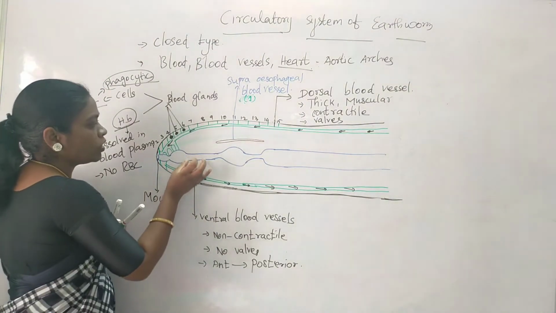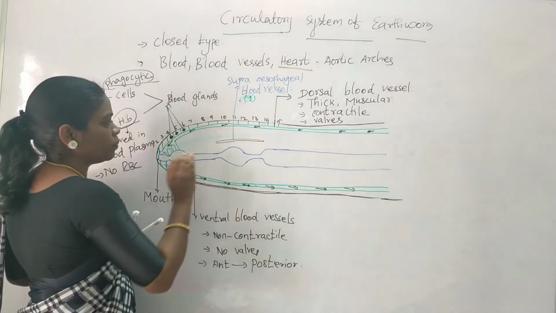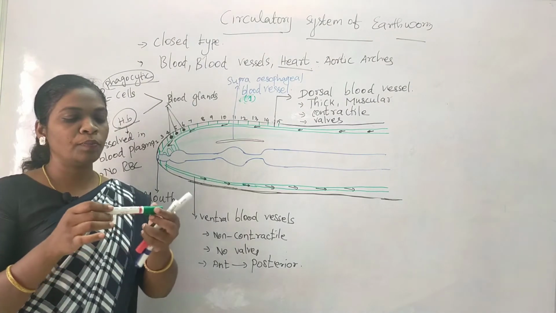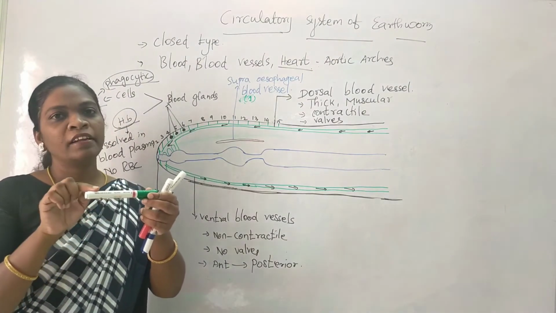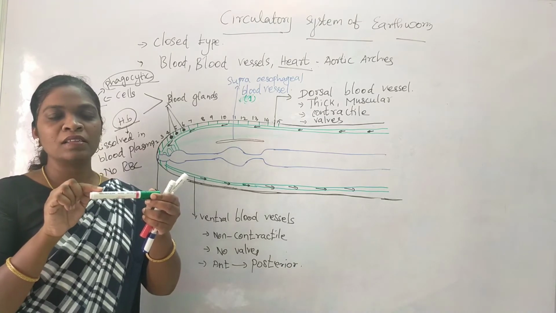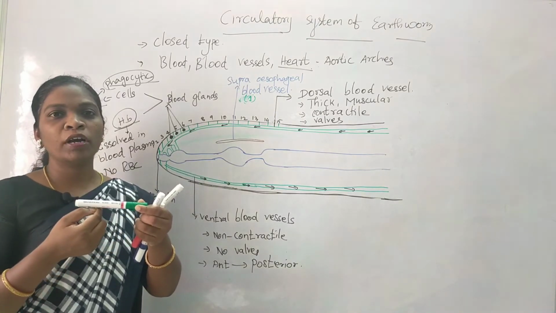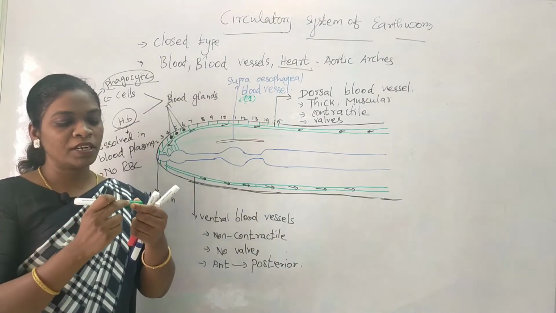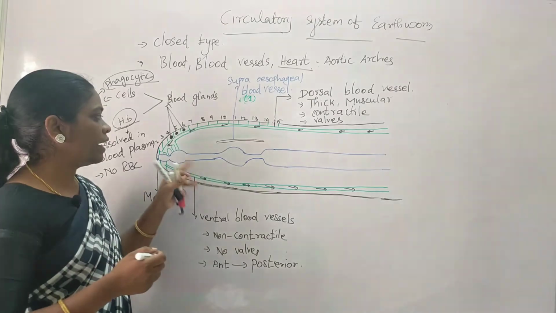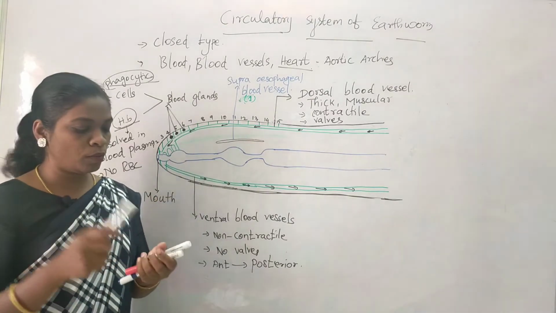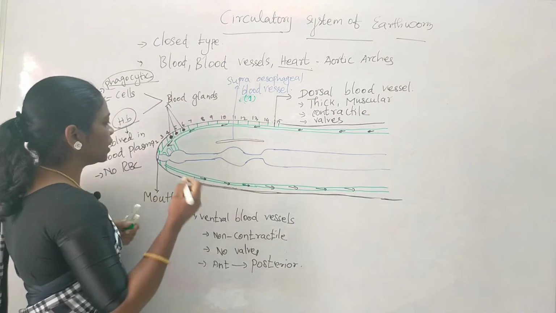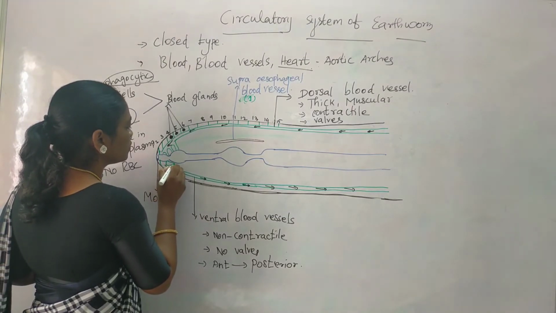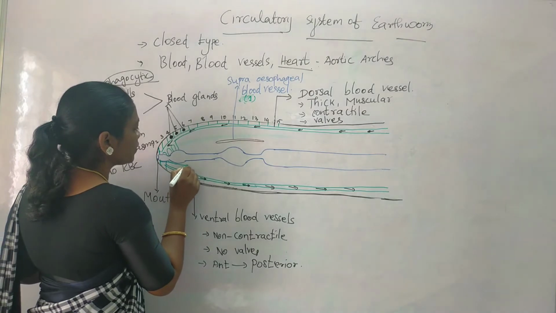And here, below the alimentary canal, not exactly below, on the lateral side. Imagine the body of an earthworm. On the dorsal side, you can find a blood vessel known as the dorsal blood vessel. On the lower side of the organism, you can find the ventral blood vessel, and there is one more vessel which runs on the lateral side. The lateral side of the organism contains one more blood vessel, which starts from the first segment.